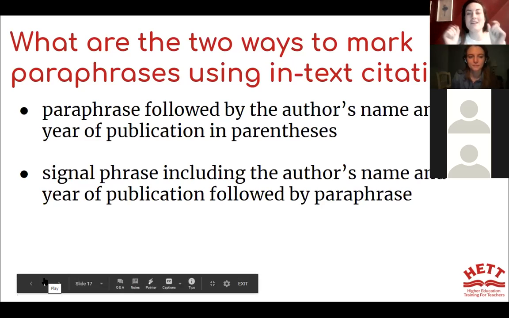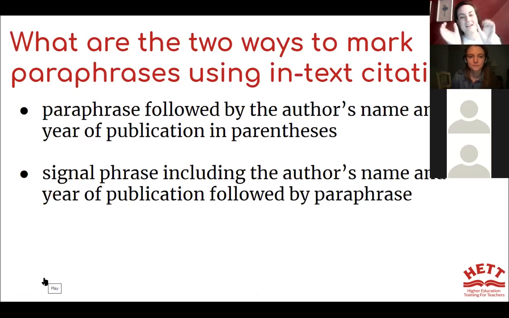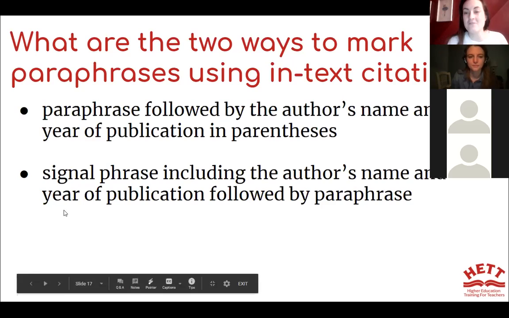So there's 2 different ways of doing it. You can have the paraphrase first and then the author's name, or you could say according to and have the author's name and the paraphrase afterwards. So they can be flipped.